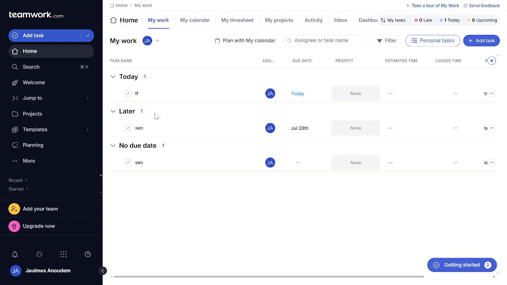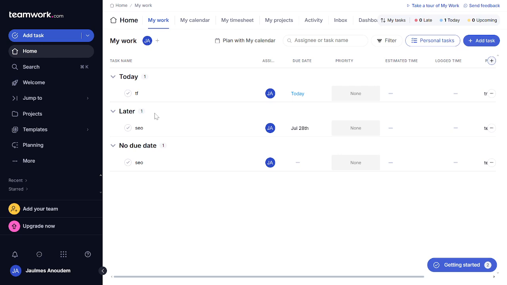Today, we're diving straight into a comprehensive guide on how to schedule and manage webinars on teamwork.com. So let's get started. First things first, log into your Teamwork account. If you don't have one, create it quickly. It's free and user-friendly. This is the first step because without an account, you won't be able to access the